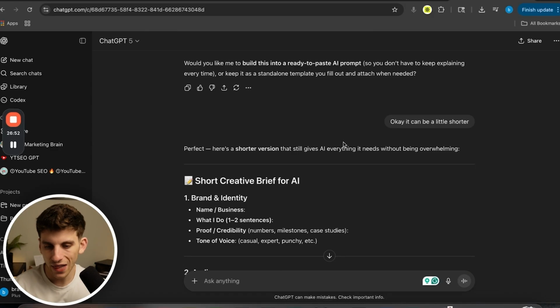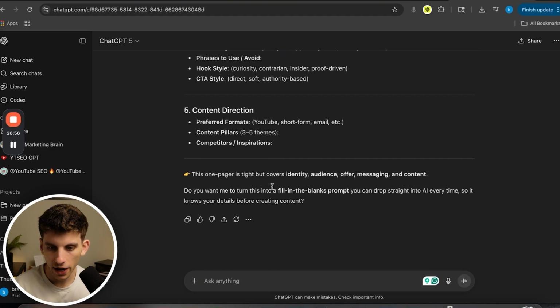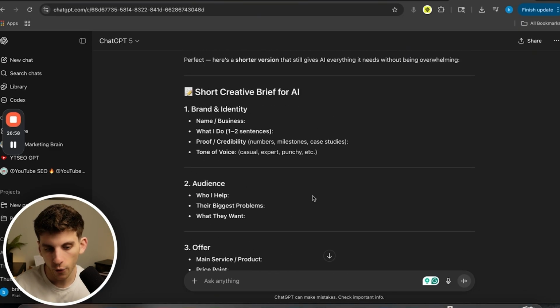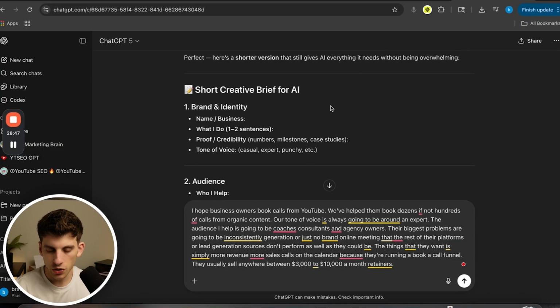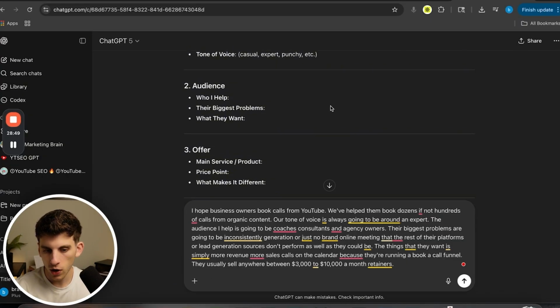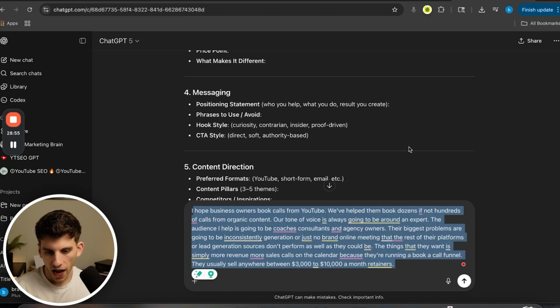All I did is just made it a little bit shorter because it had a little bit of fluff in there, and I'm just going to go through and talk to AI here and write out my exact creative brief. So what I did in this case is I actually just used pretty much number 1, number 2, and number 3. I didn't really dive too much into number 4 and number 5. If you want to pause the video and read through what I have, but I'm just going to give that